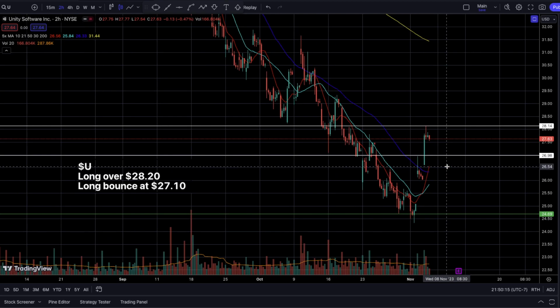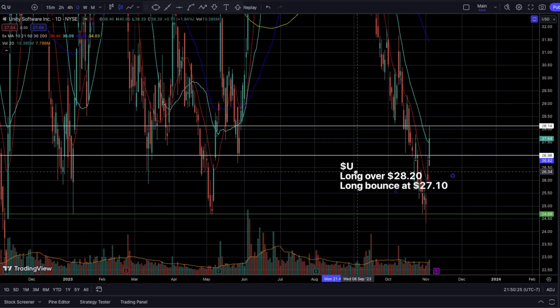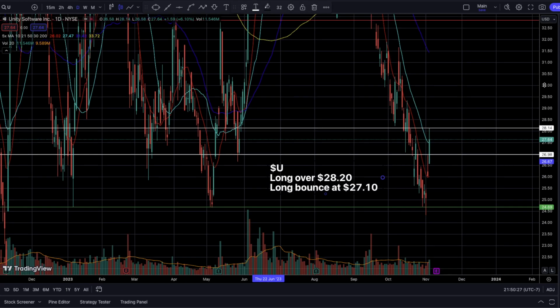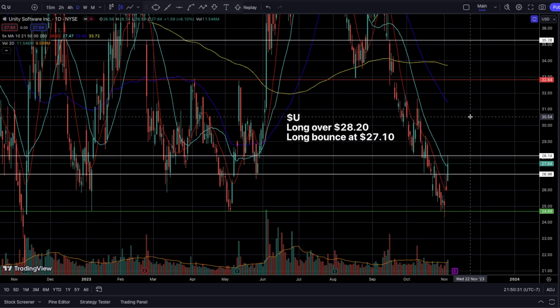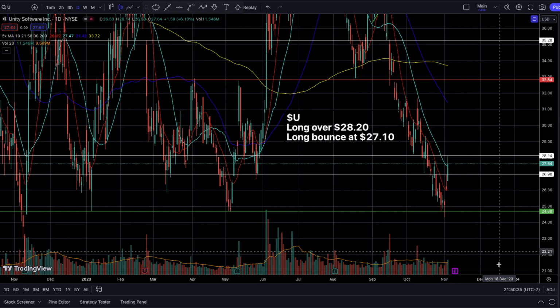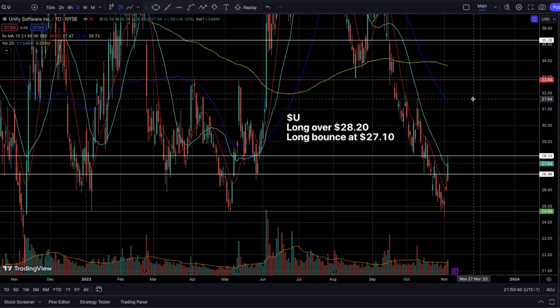Okay, now there's also gaps here that need to be filled, but again, as long as this name is continuously reversing to the upside, because this one, just like IWM, has seen really bad price action for months on end. So it needs a relief rally. So at some point, I'm going to be expecting this name, even if there were no earnings this week, to just continuously run up, right? And that's what you want to see during a relief rally. That's the reason why we call it a relief rally.